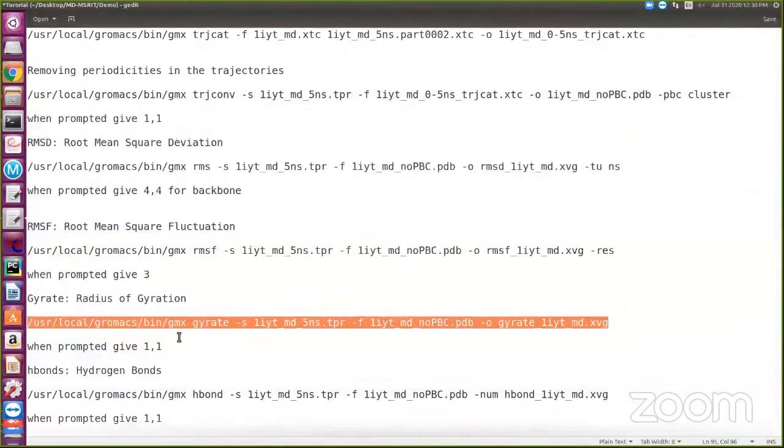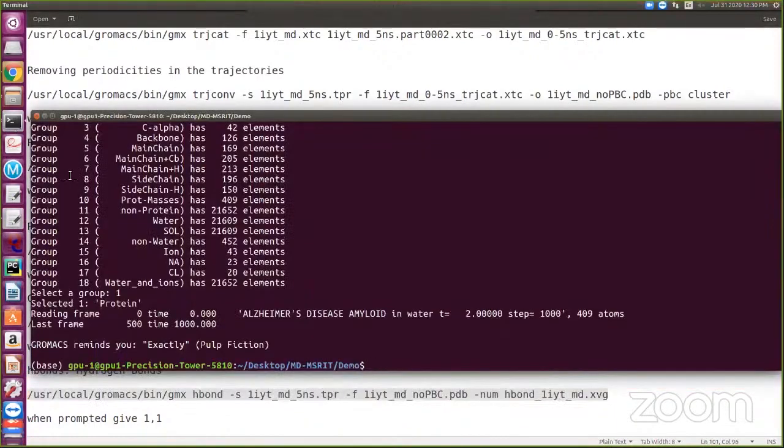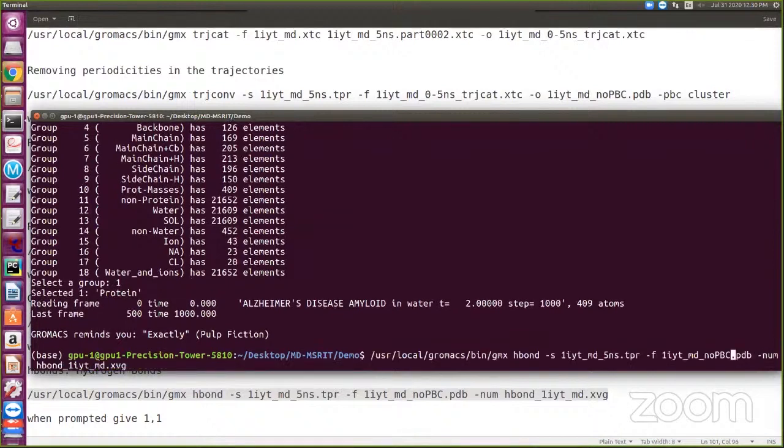The last step, my last command, is the hydrogen bonding calculation. So over the simulation time, how many hydrogen bonds are there. I'm going to give the TPR file in a similar way, and the same 1IYT file.